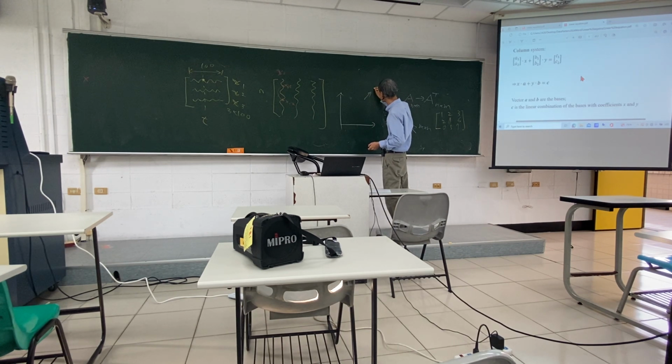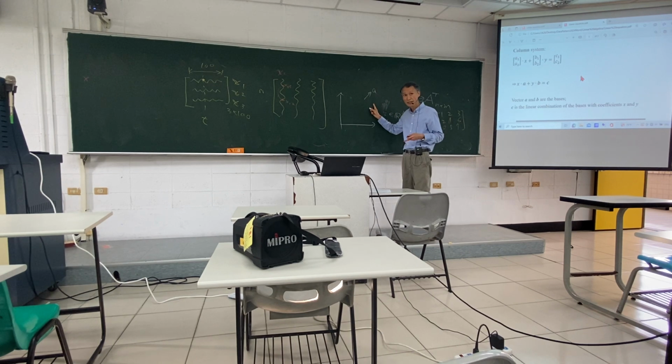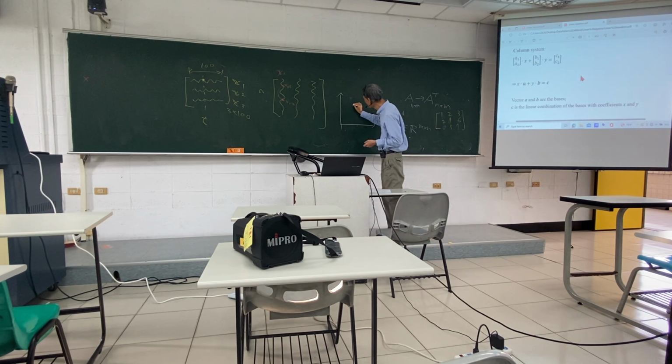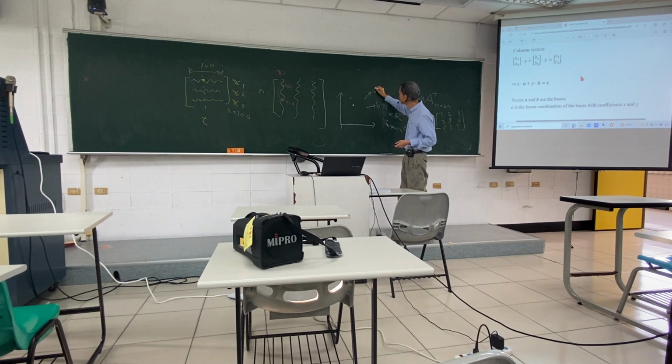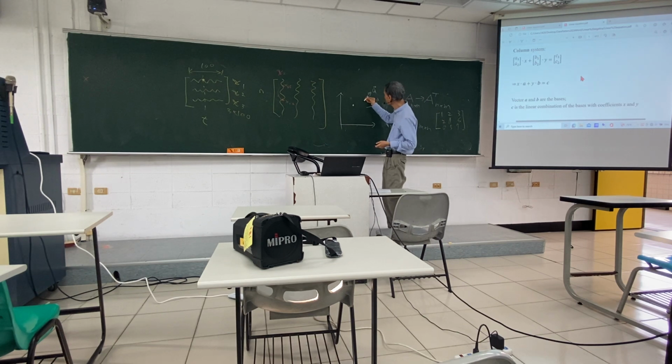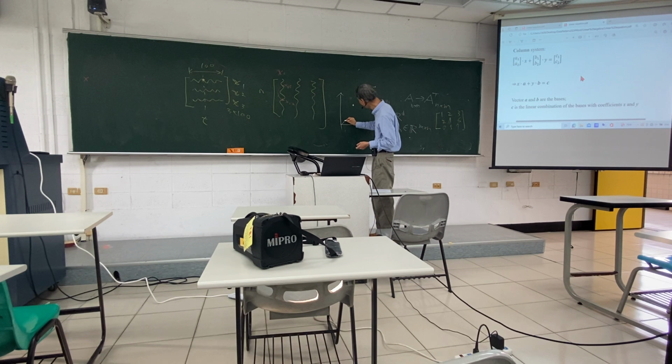Let me suppose this is A, a vector A, and this is another vector B. If I have a point here, I want to use A and B to represent this point. What can I do? So first, I put it here, and then what? If this is B,